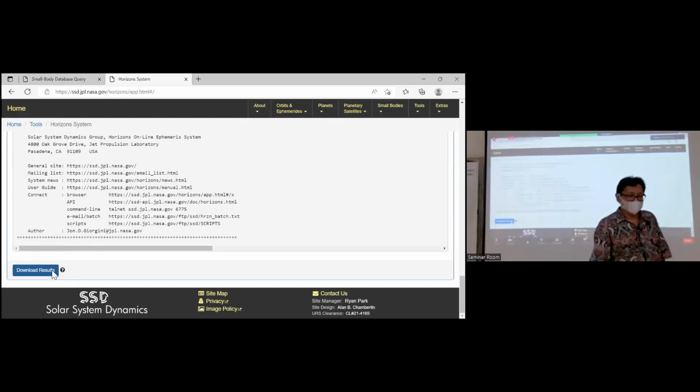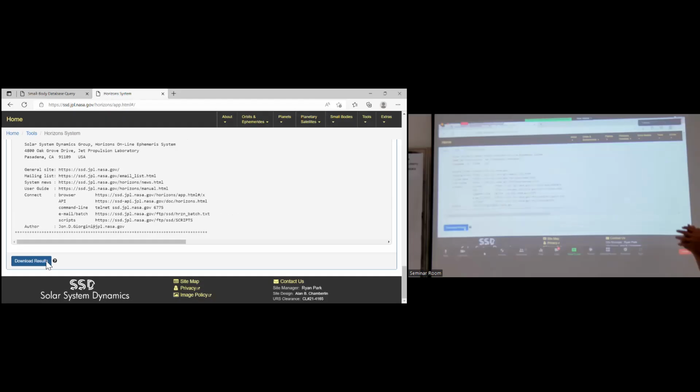Now you have Mercury. You repeat for Venus, Earth, Mars, Jupiter, Saturn, Uranus, and Neptune. Now you complete the initial values, ready to conduct the simulation in REBOUND.